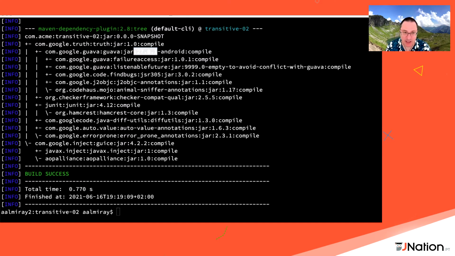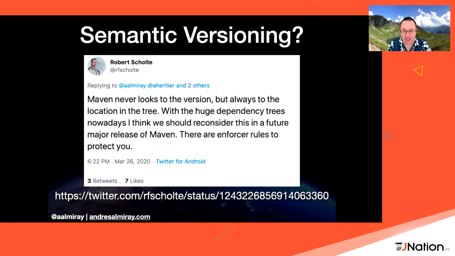And that's definitely something that tripped me over when I was coming back to Maven. It turns out that Maven is not aware of what semantic versioning is. This is what Robert Scholte said 1 year ago when it comes to resolving versions in Maven: yeah, whatever, we don't look at the version, we just look at the position of the dependency in the graph. Now, that was fine years ago. Maybe it's time now to change this, or maybe add a new strategy for Maven, some sort of configurable strategy that will enforce that you're actually using semantic versioning or any other strategy.